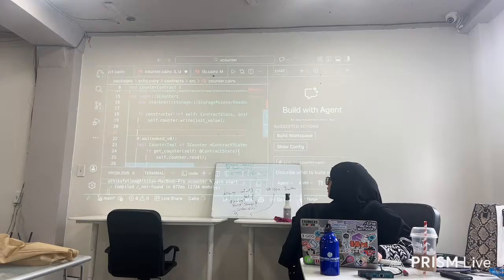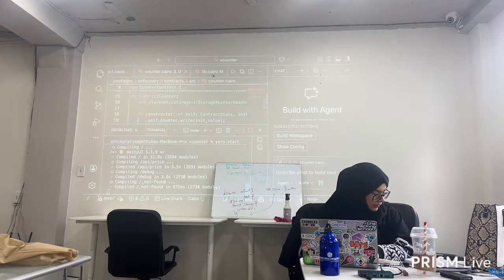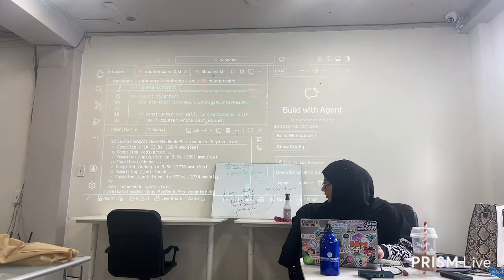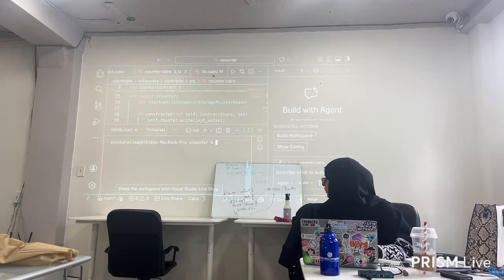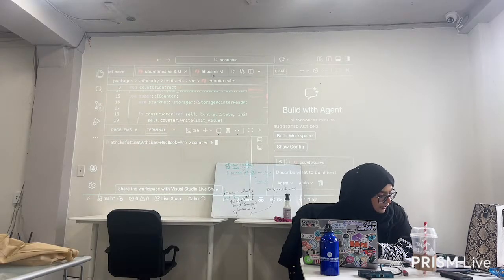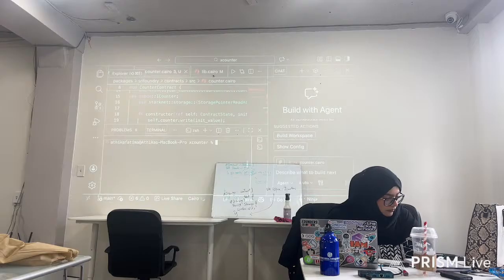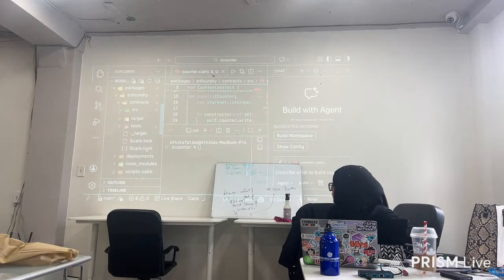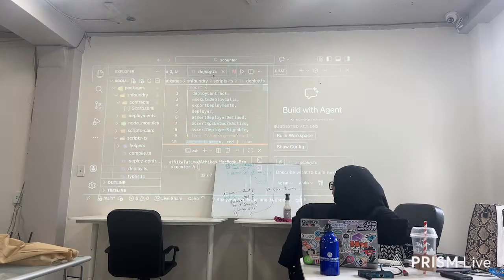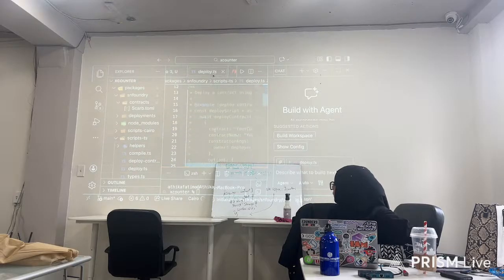Okay, let's actually deploy this so we can play with it in the UI part, right? Let me open this up. Okay, I'm going to stop this. I'm going to clear it so we are able to see. And then another thing that I'm going to do is go to the scripts, ts, go into deploy.ts, and here remember we have a deploy contract function,